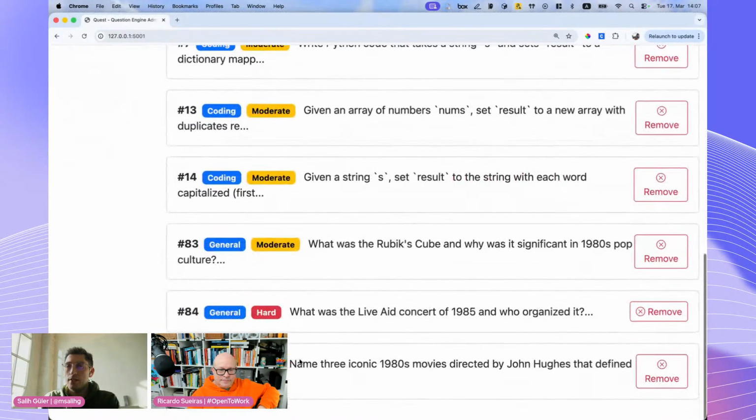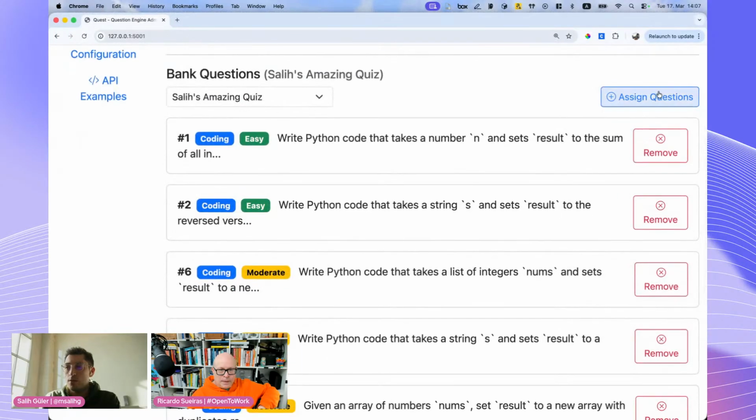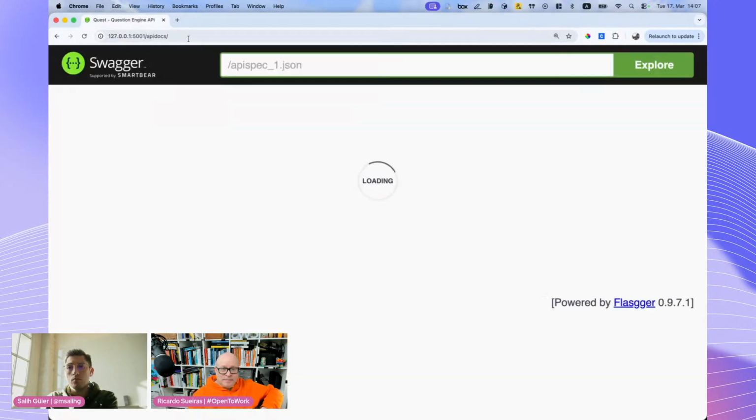I mean, they can still do it. Like this section that we see here, imagine that they will automatically see this. They can assign more questions or remove questions from it. Okay, well, if you go to the API docs, under question banks,